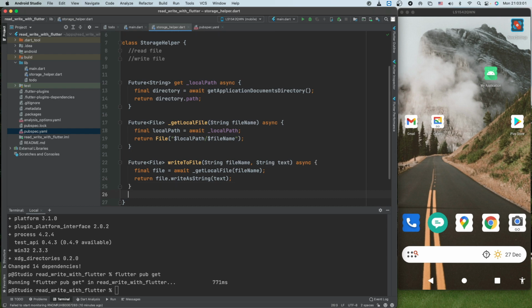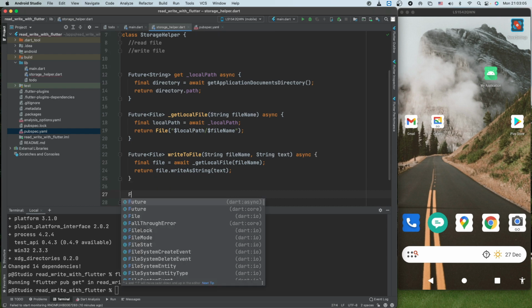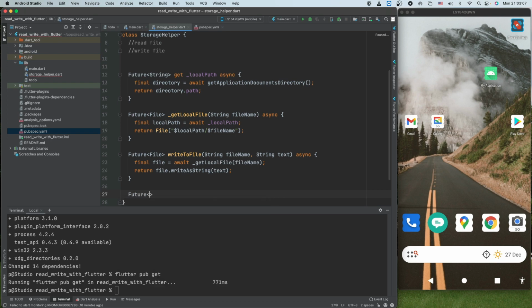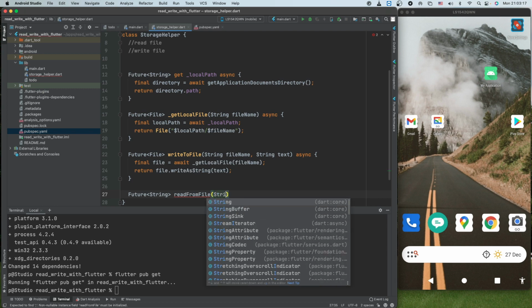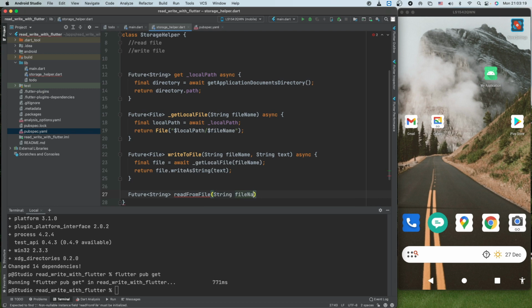Now similarly, when we want to read from file, what we are expecting is a string file name.